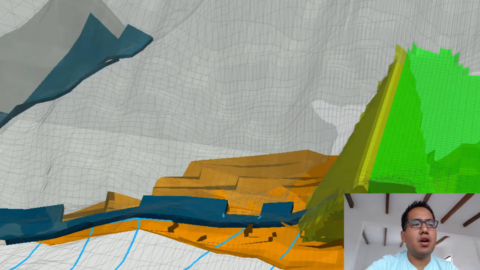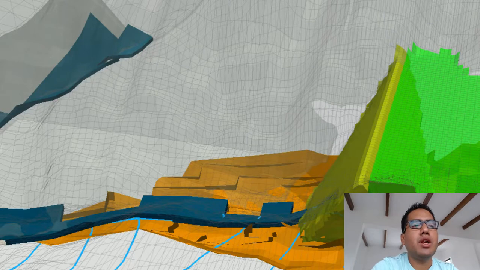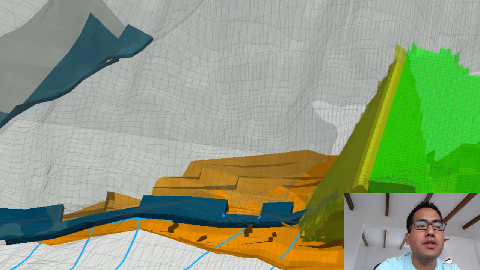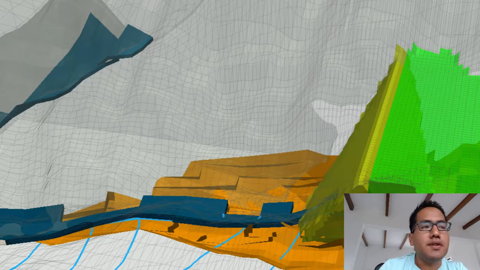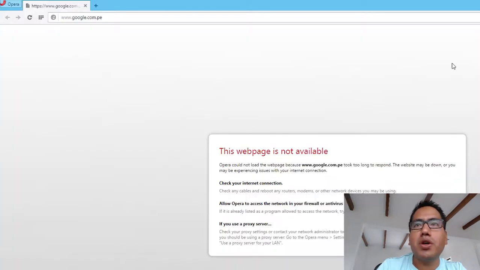This time we are going to do a quick tutorial about how to install MODFLOW with Model Muse on Windows. This is a quite simple tutorial that you might need to deploy the complete setup of this software. So the first step,